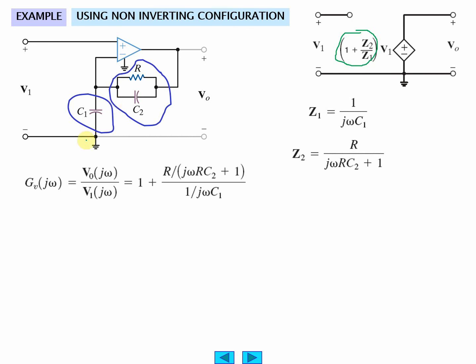Oops, that is not a 0 because you have a division right here. V out equals one plus Z2, which is the feedback,